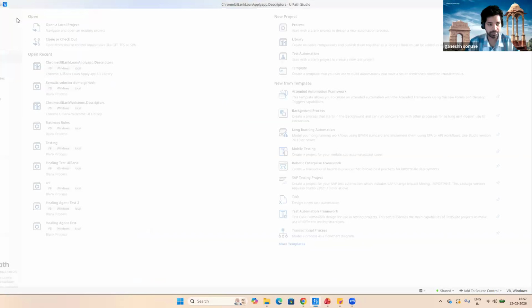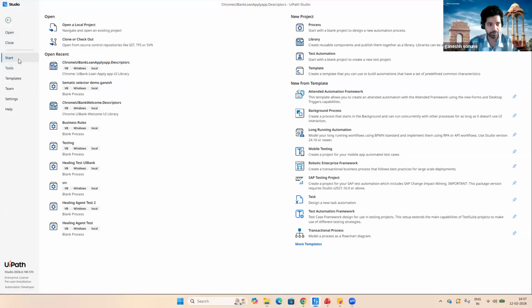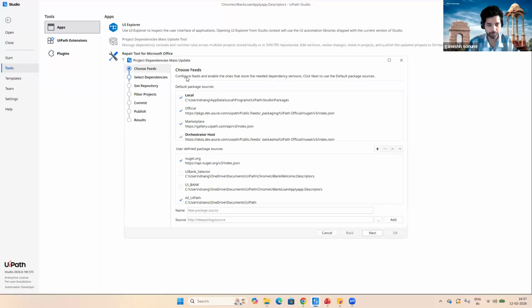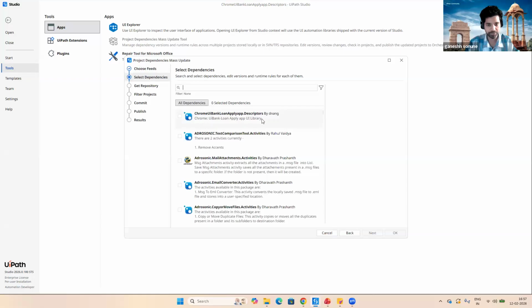Okay, let me just do that over here. In the tools, you can find the project dependency mass update. So you can go here, choose select a dependency. I want to select this Chrome UI bank load apply descriptor. Just go here